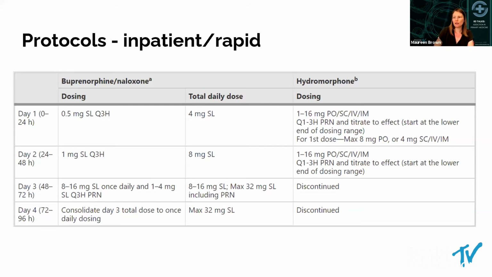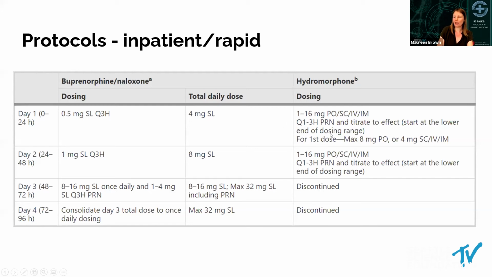As you can see, they started with 0.5 milligrams and dosed it every 3 hours, which is quite different than the Bernese protocol, which was done over 30 days. But even with that rapid introduction, they were able to accomplish, or they hope to be able to accomplish, let's say, since they haven't fully published their results, the same effect where they can use the full agonist opioid and actually titrate that.